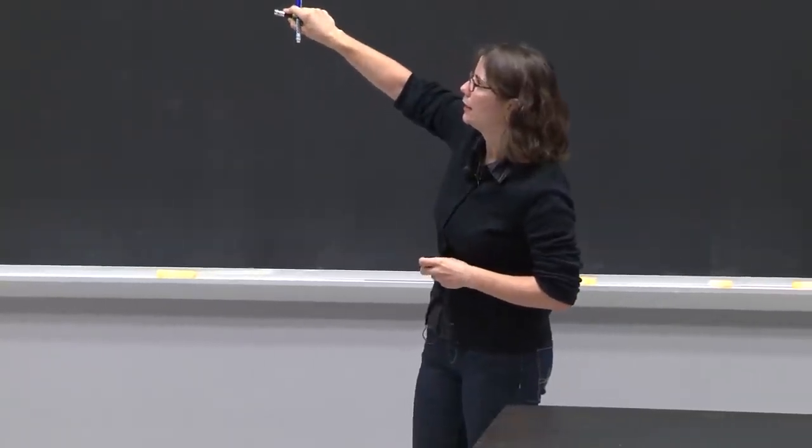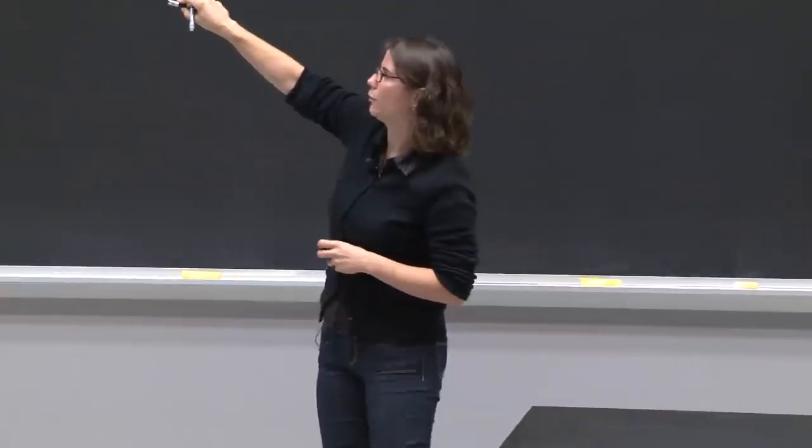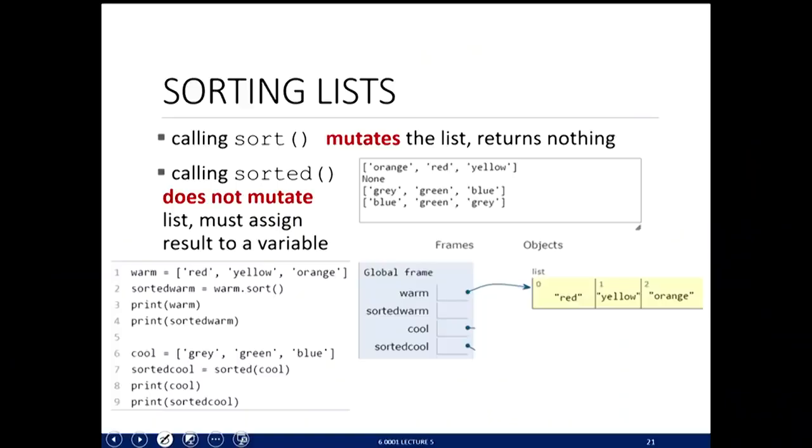Okay, so once again, let's create this warm is equal to red, yellow, orange. So that's what warm is going to point to, this list. And then sorted warm is equal to warm.sort. So dot sort mutates. So as soon as I do that, that list warm is now the sorted version of it. And notice that I've assigned the return of this to sorted warm. And the return is None